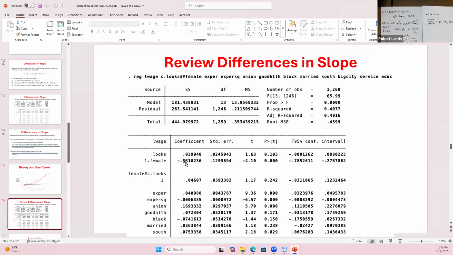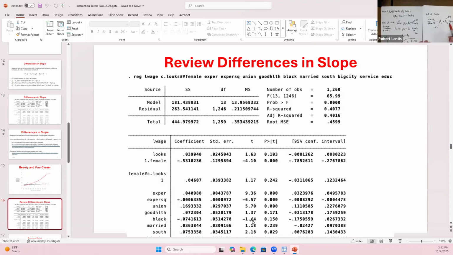0.039, and then female was negative 0.53. So negative 0.53 and 0.039 were the values we were looking at. So this was negative 0.53. This was 0.039, we'll just say 0.04 to make it a little bit easier there, okay? So notice what's true about the marginal effect for being female. When looks is 0, the marginal effect would definitely be what? Negative. But at some point, if this continues to increase, what could happen to the marginal effect of being female